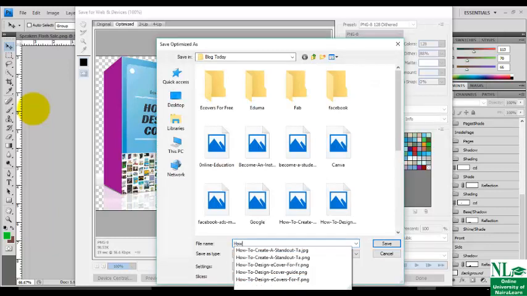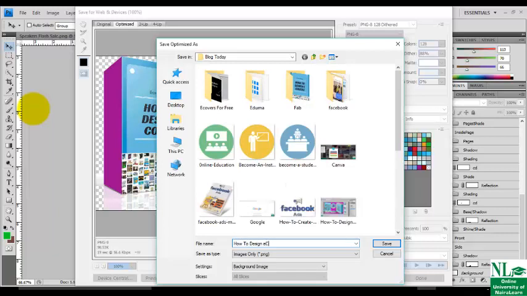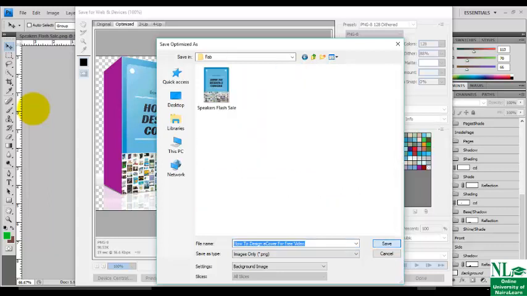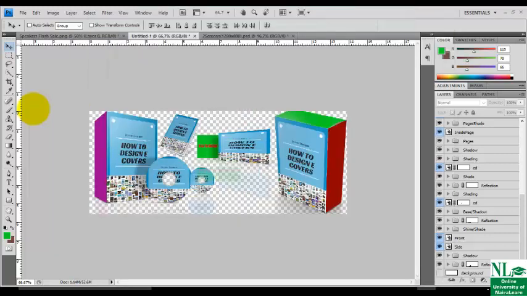Give it a title. So give it a title, return it back to that file, click on Save, say OK. Now we have saved one with transparent background.